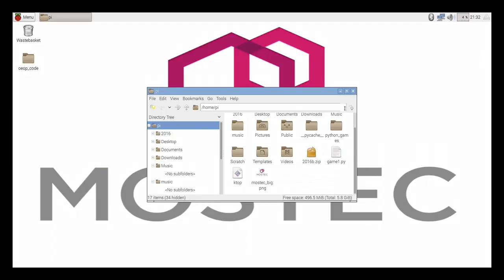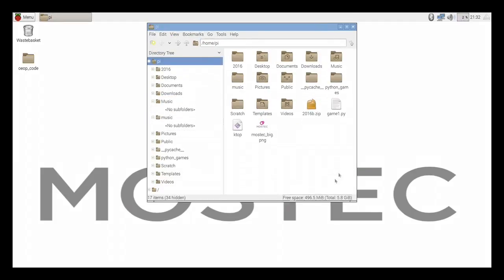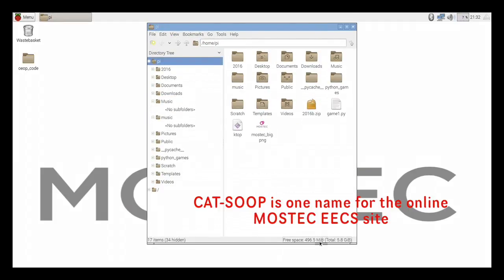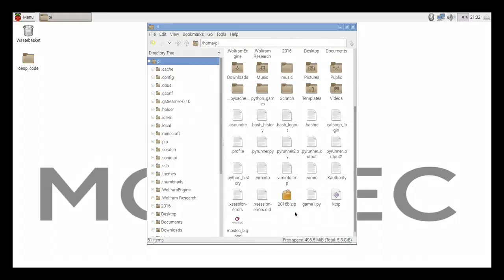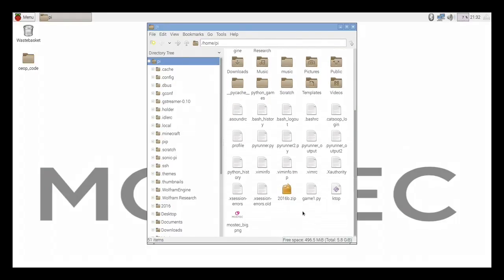Anyways, so there is a file which we need to change, and what you're going to have to do is put in your username and password that you have for Catsup. There's another video which explains this, but this lets your Raspberry Pi be linked to your account. There are going to be some questions where you'll push a button and then it'll actually run some code on your Pi, and in order to do that, it's got to have your credentials. So what you want to do is right-click, go to Show Hidden. There's going to be a whole bunch of stuff. Scroll down until you find